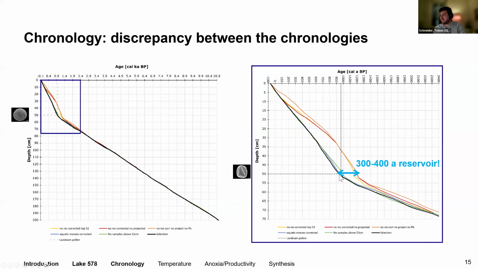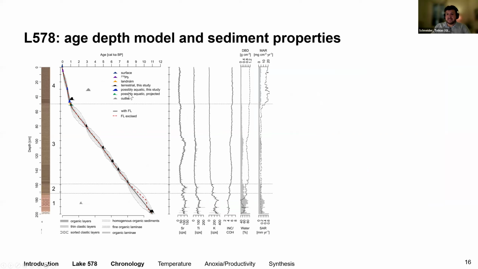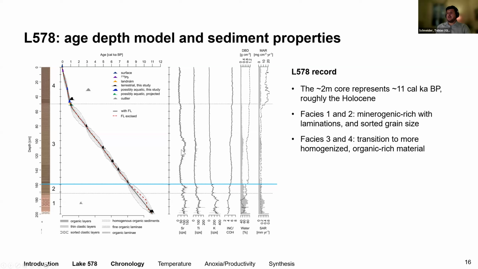So, however, now the pollen layer, which is here roughly at 50 centimeters, dates to where it is expected when the Norse first arrived. So based on this investigation, we established our final age model, which is presented here in the middle, and also which takes into account the landnam, respectively the pollen layer. And also what we see is that the entire section is roughly 2 meters and dates back to roughly 11,000